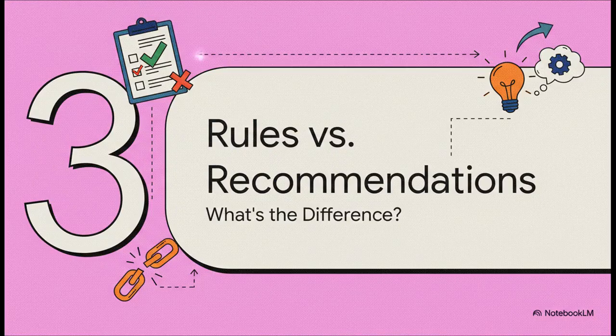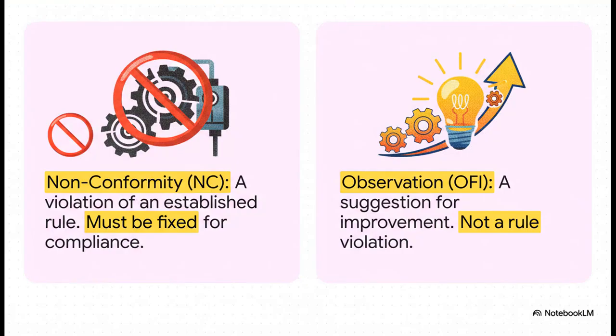Okay, let's pause for a really important distinction here. Because not everything you spot during an audit is actually a rule violation. Sometimes you see stuff that's technically fine, but it could be way better. This is where we need to know the difference between a required fix and just a helpful suggestion. So you have a non-conformity, an NC. That's a black and white failure to meet a requirement. It has to be fixed,